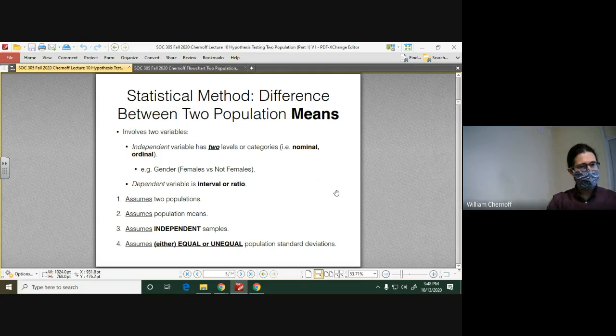But if you start looking at juniors and seniors, maybe things start to become a little more homogeneous. Everyone is getting ready to graduate. Everyone's getting a little more serious about making sure that they have all their credit hours in, they have all the right grades they need. So maybe they don't party as much. I don't know. So there's going to be this fourth assumption, and you're going to have to think about the consistency between the two groups. If you think they're equally consistent, then you're assuming that they are equal population standard deviations. If you think that one group is more erratic in their responses than another, then you're going to say that they have unequal population standard deviations.